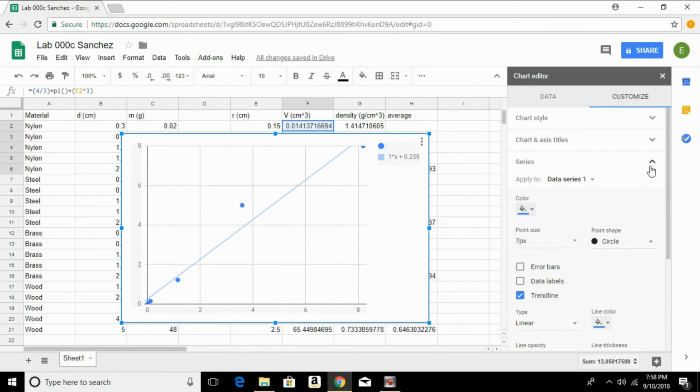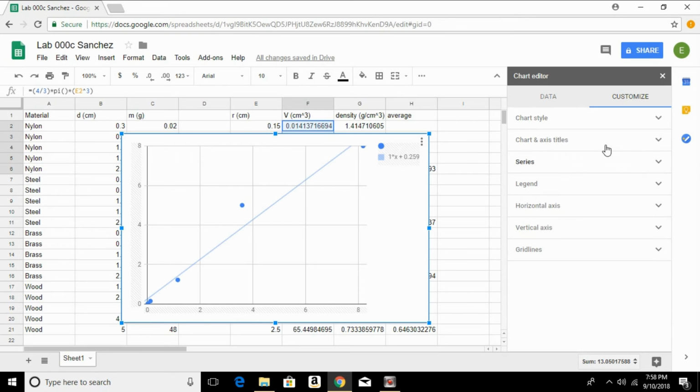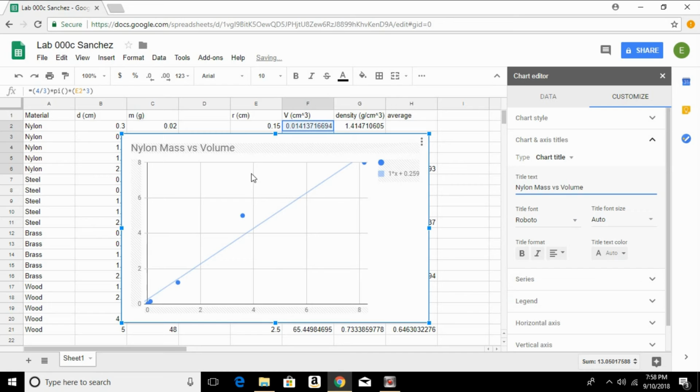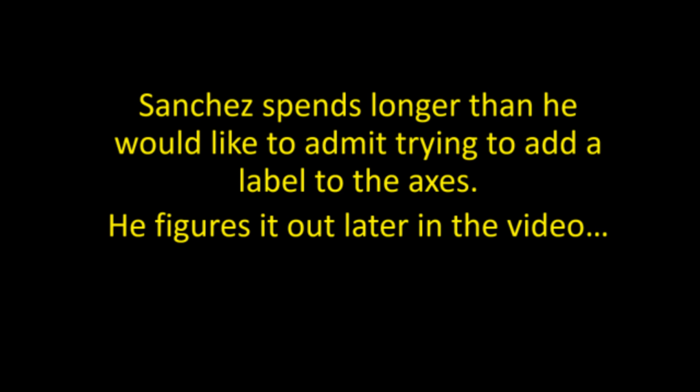In fact, let's take a moment and go ahead and do that, because good process on this would be that we want to title our chart and we want to title our axes. So this one is taking nylon, and it is a mass versus volume graph. So that's what I'm going to do. I'm going to give it that name. Great. And then for